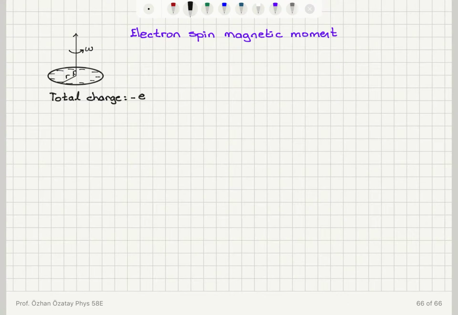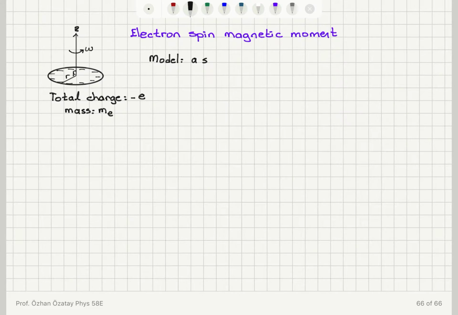Now we're going to model the electron as a solid disk which has mass of the electron, m sub e, electron mass, and it has a total charge minus e. The charge is residing on the circumference and uniformly distributed, and we're going to assume that this disk is rotating around the z-axis, as you can see in this figure. So basically the model is as follows: